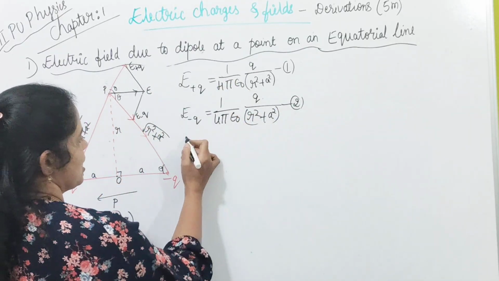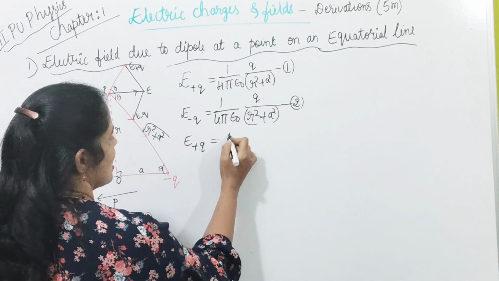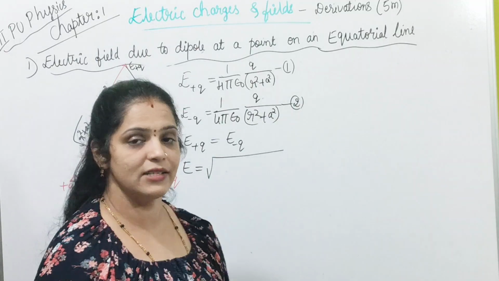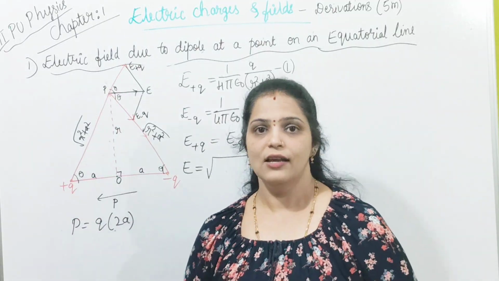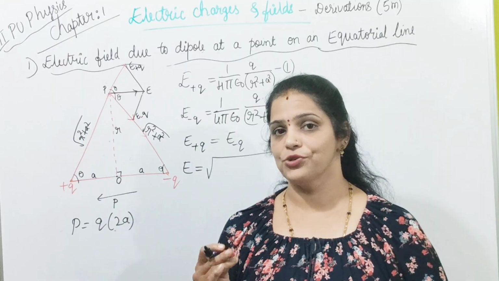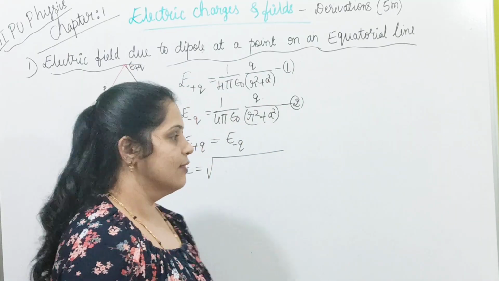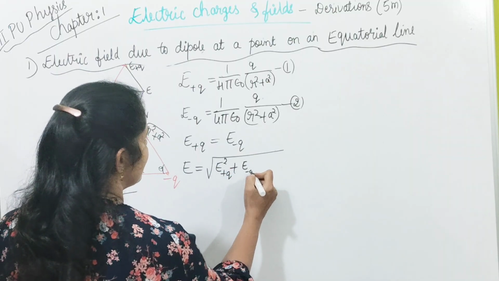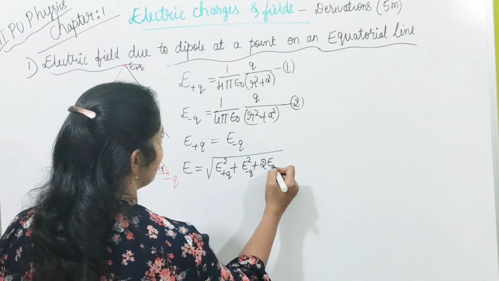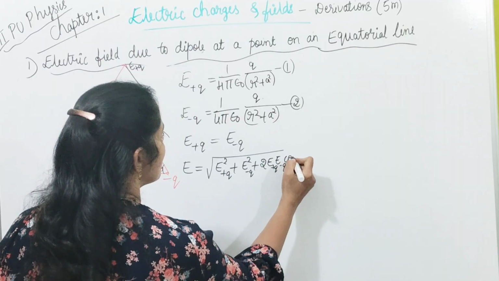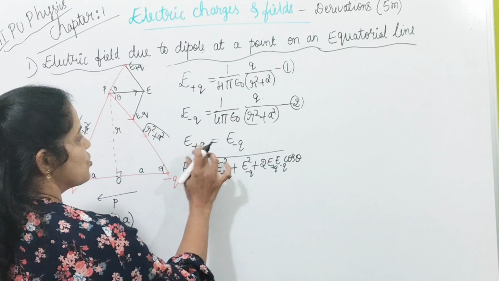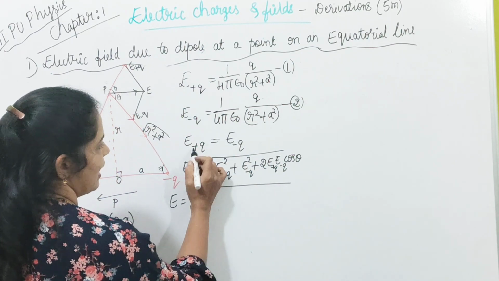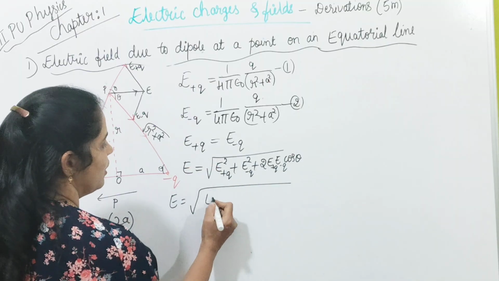If you look at these two equations, you observe that both the equations are the same. Now for the resultant electric field, let us use this expression. In first PUC, you have used R equal to square root of P square plus Q square plus 2PQ cos theta. That relation here becomes E plus q whole square plus E minus q whole square plus 2 times E plus q, E minus q cos theta. But these two are equal, right? Both are equal, so let me write E plus q and E minus q are equal.